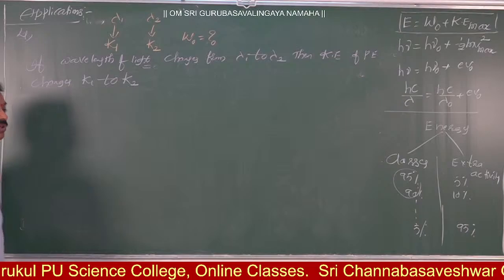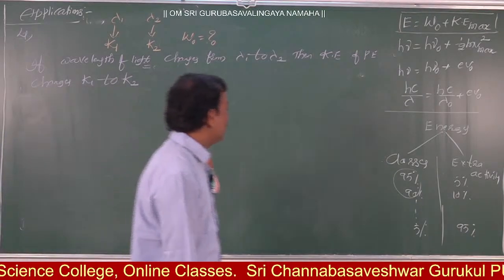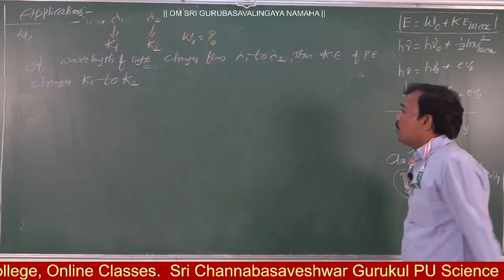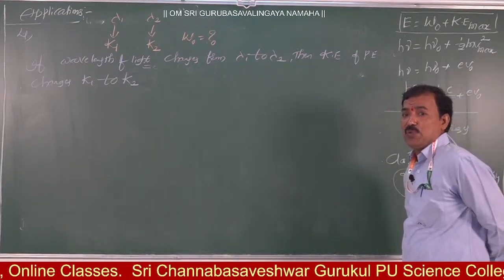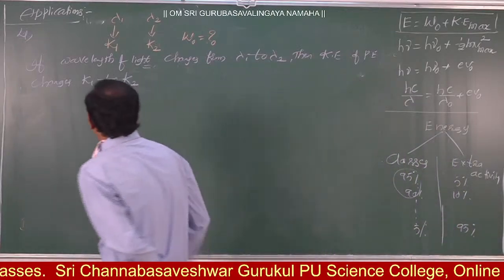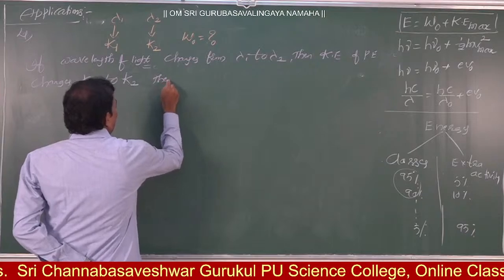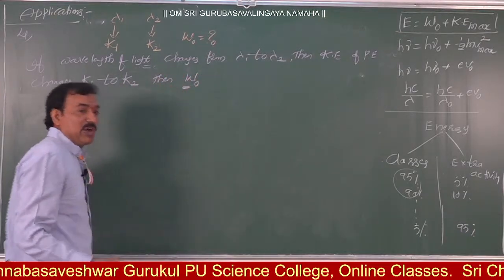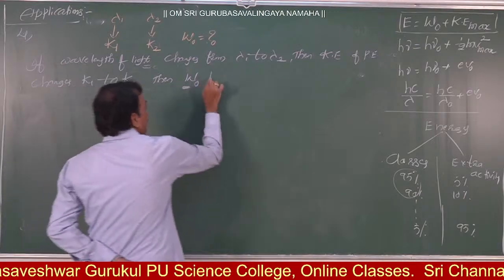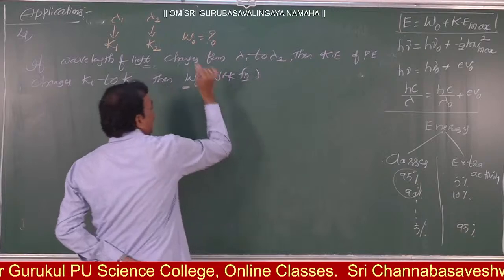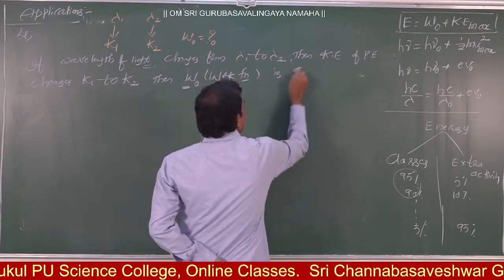The wavelength of the light changes from lambda 1 to lambda 2, and then the kinetic energy of the emitted photoelectrons changes from K1 to K2. Then the work function, simply W naught. W naught means the work function, and it is given by,